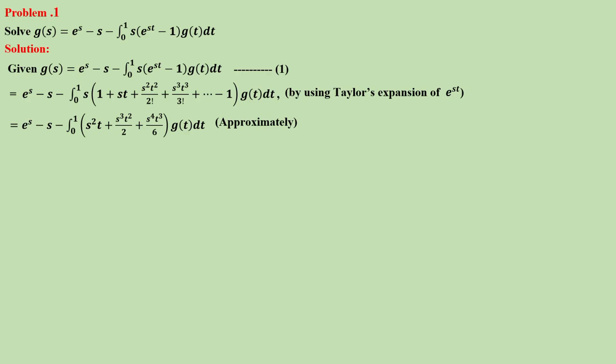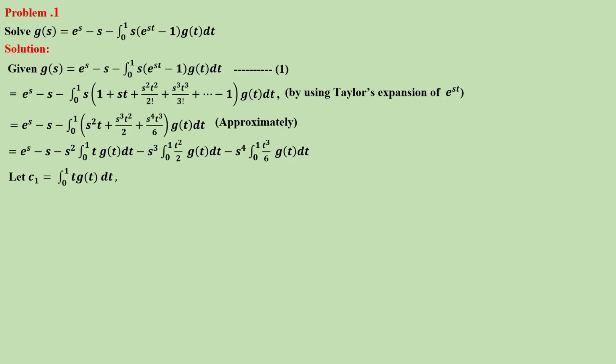This is approximately, we are taking 3 terms, right? So e power s minus, we are taking s square outside, so minus s square integral 0 to 1, splitting into 3 integrals: t g of t dt, minus s cube integral 0 to 1 t square by 2 g of t, minus s power 4 integral 0 to 1 t cube by 6 g of t